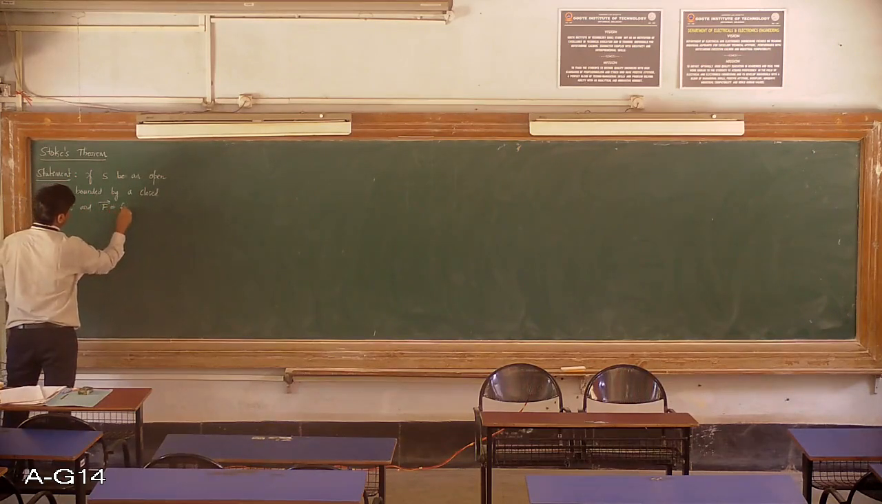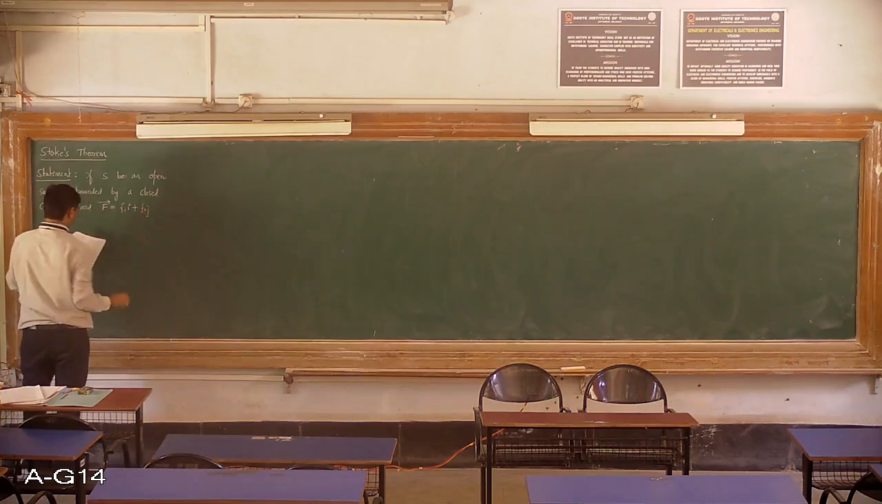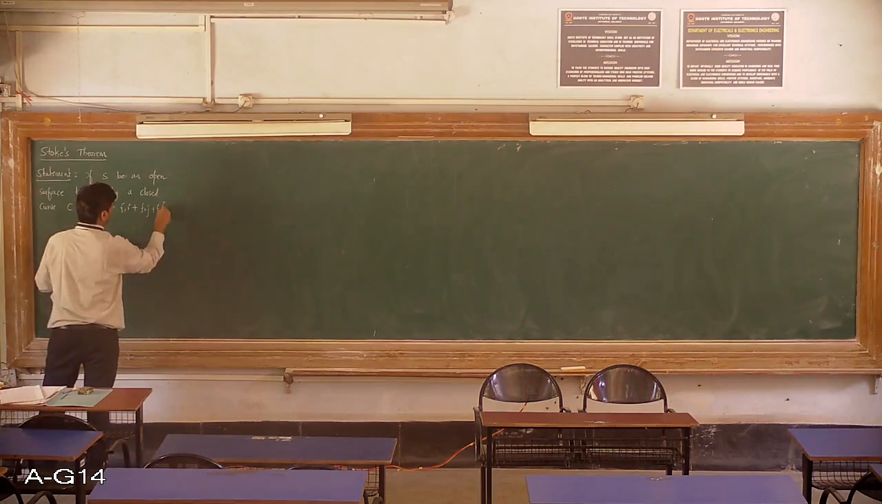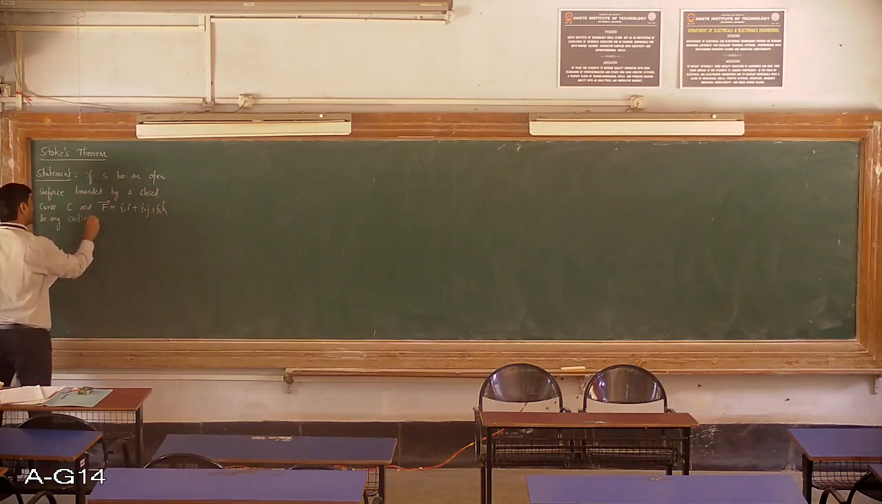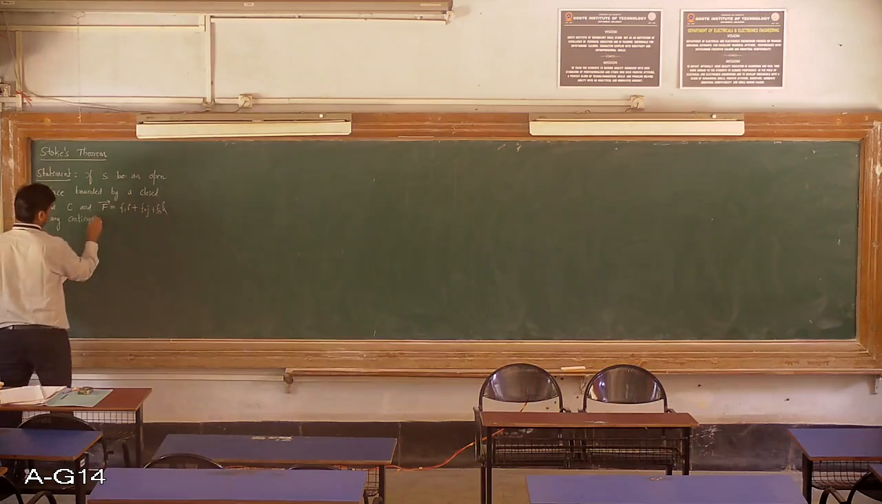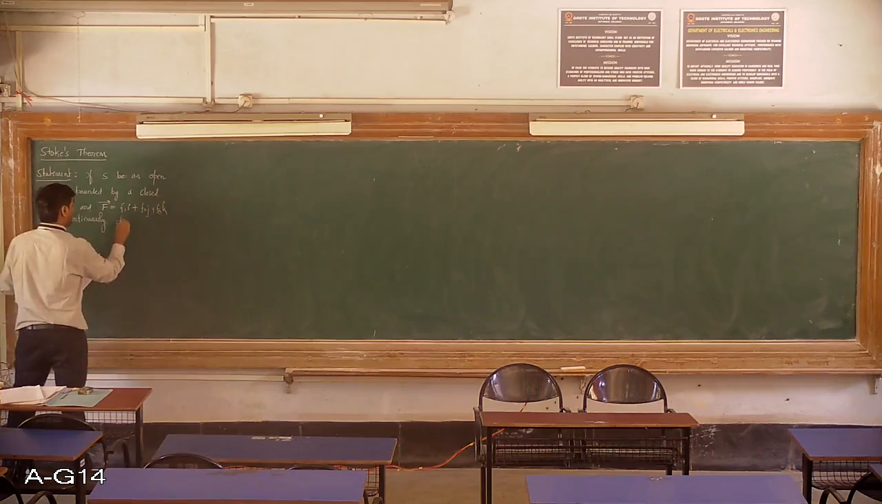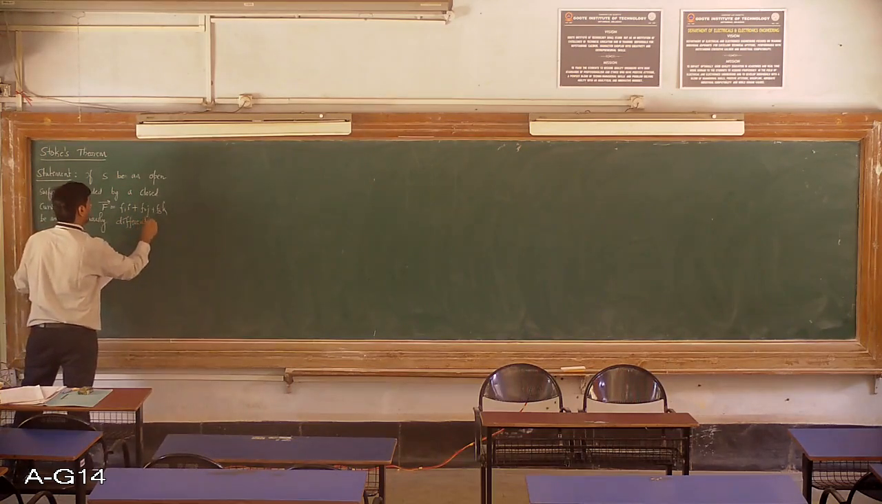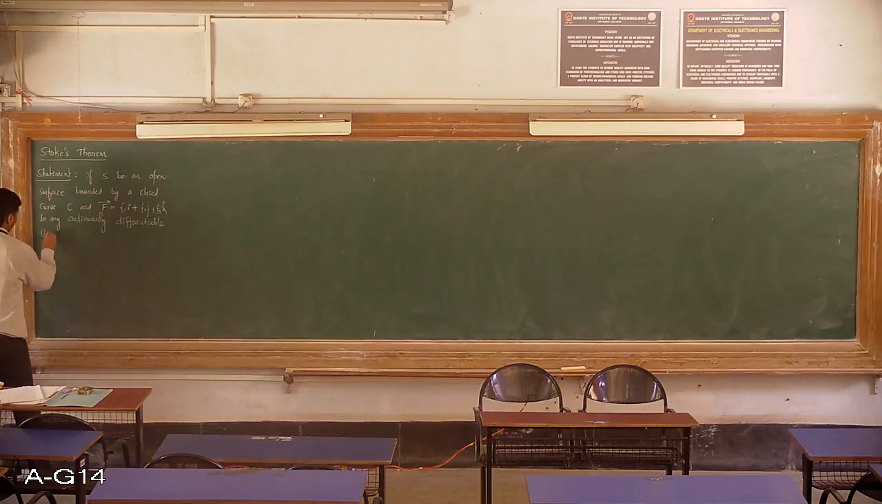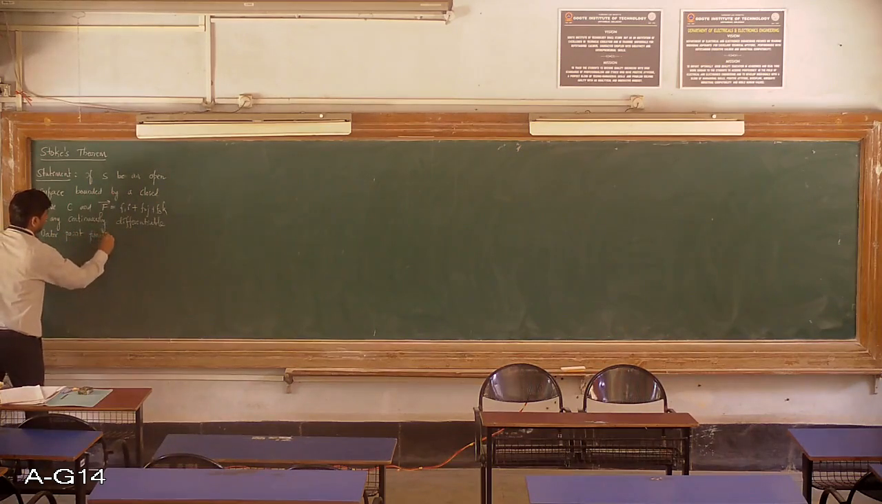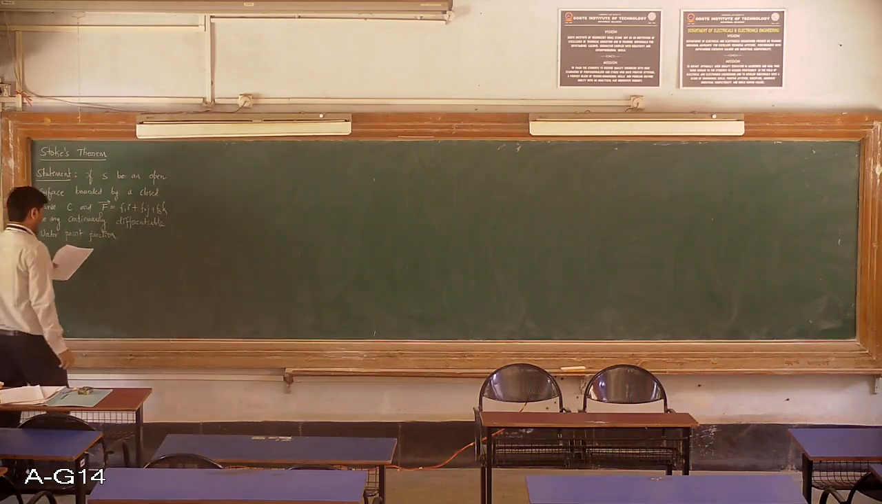vector field F is equal to F1 i plus F2 j plus F3 k, be any continuously differentiable vector field or vector point function, then